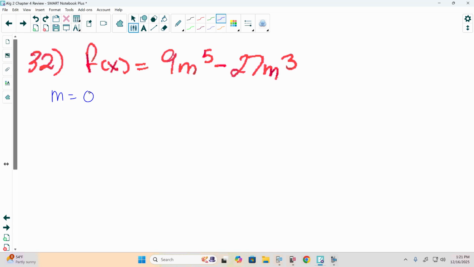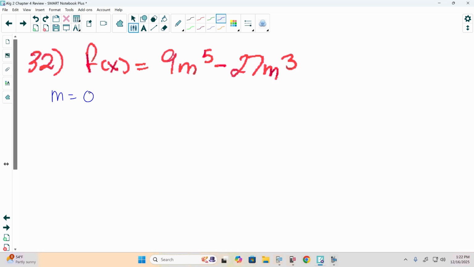Funny enough, if there is no constant term, if there's no term without a variable, 0 is always a solution. If the equation only has variable terms, 0 is a solution, and it repeats a number of times equal to the smallest exponent attached to a variable. That tells us how many times it repeats. So m to the 3rd is our variable with the smallest exponent. So it actually told me 0 is a solution